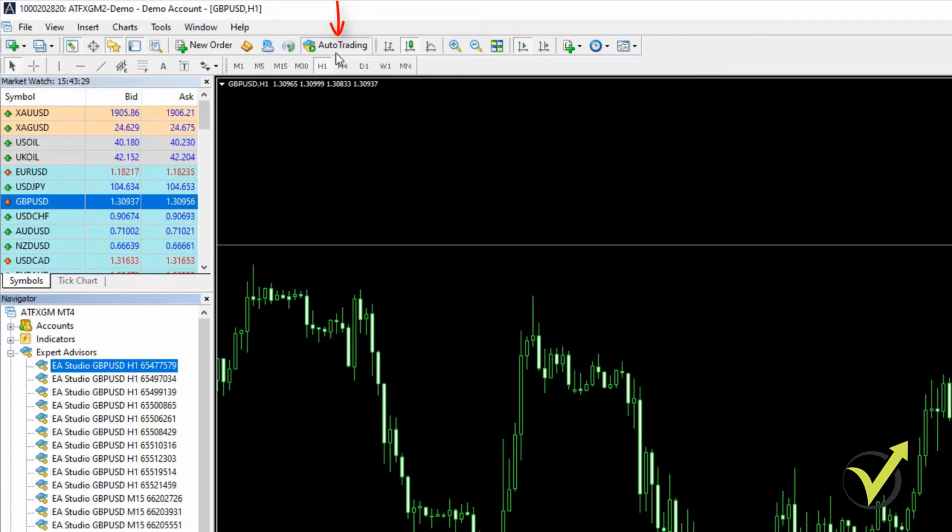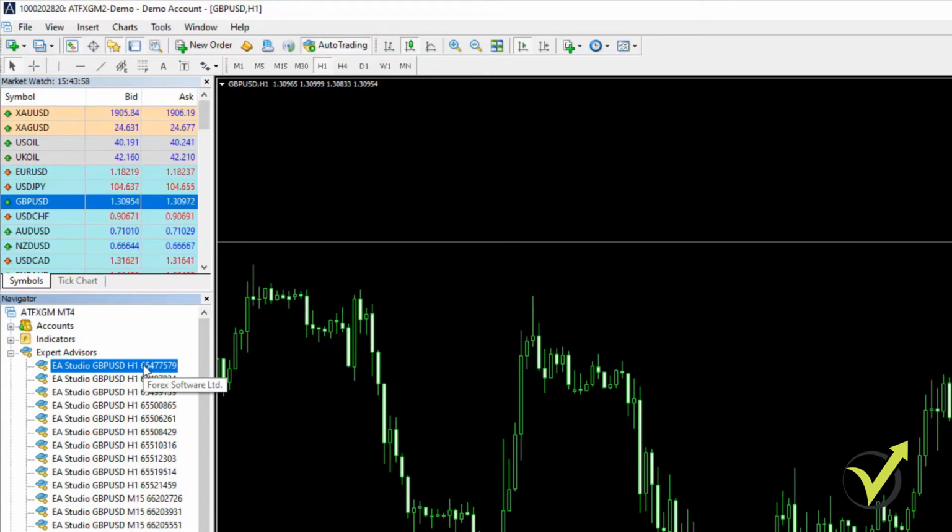Okay, before I attach the expert advisor on the chart, I will need to enable auto trading. Because if I put the expert advisors on the charts and then I enable auto trading, most probably it's not going to work. And it's one of the most frequently asked questions that I get, why my EAs do not open trades. The reason is that people quite often enable auto trading after they have placed the expert advisors on the chart. So the right way to go is to enable auto trading and then attach the experts on the chart.